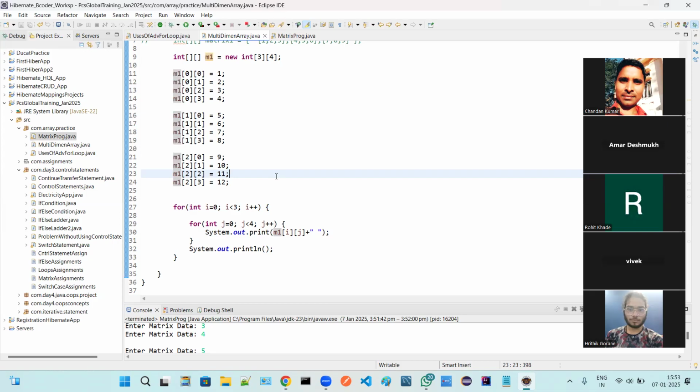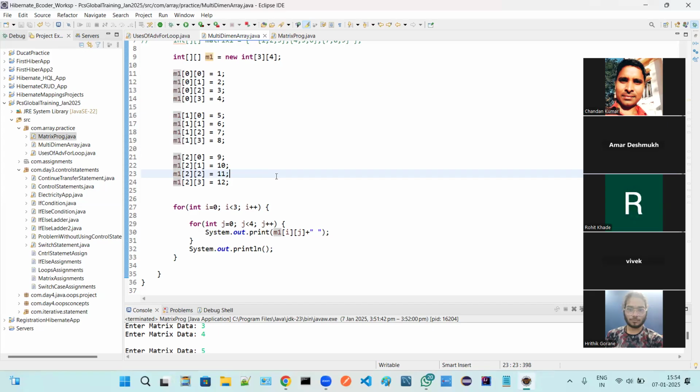Even numbers. They can ask you to display odd numbers. They can ask you to do the summation of the total available even numbers, or the summation of the total available odd numbers. They can ask you to display the total prime numbers available. They can ask you to make the transpose of this matrix. They can ask you to check whether this is skew symmetric, or whether this matrix is a symmetric matrix or not.